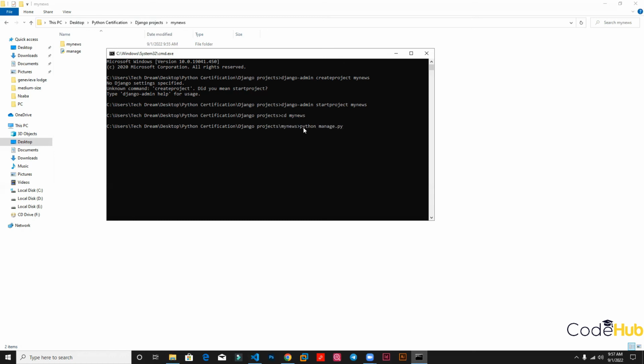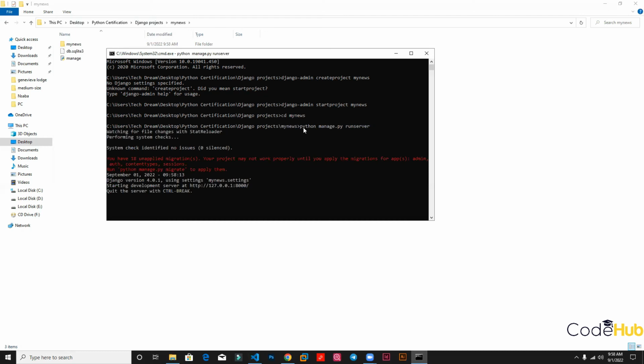manage.py runserver. We want to run the server, and because Python already has a server attached to it, we don't need a separate server to run it. So Python manage.py runserver, and it's going to run the server for us, which we are going to use to open our website. So we have the server address, which is